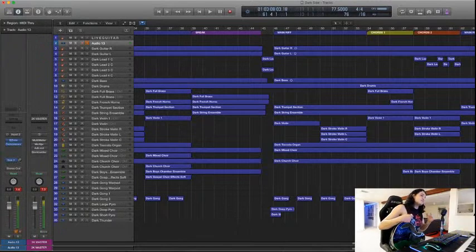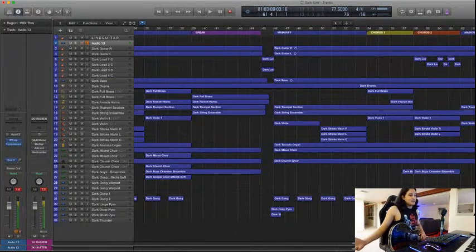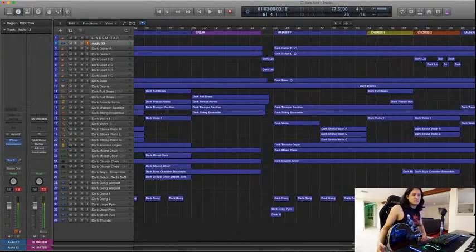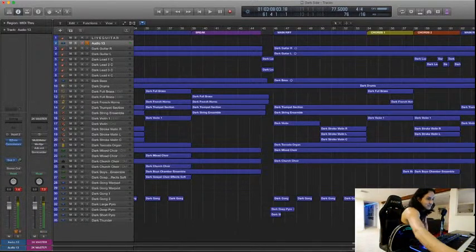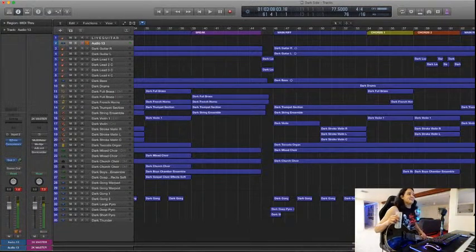This is me trying to supplement something instead of tabs, because I can't provide tabs, and I have over 100-something covers. So doing tabs for those, I'm sorry, it's not going to happen. I don't do YouTube for money. I don't ask for money. I don't really ask for anything. So doing tabs is a lot of work,